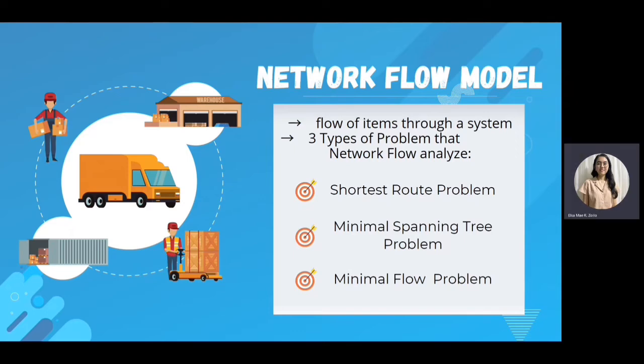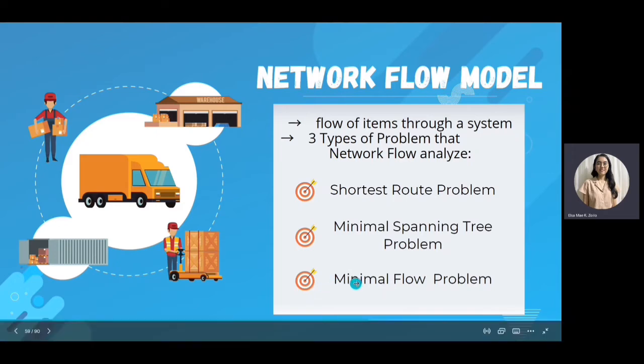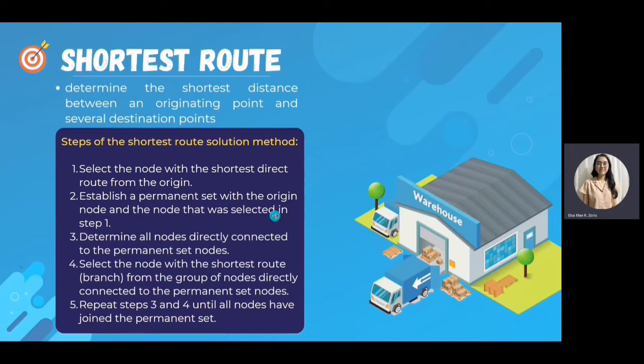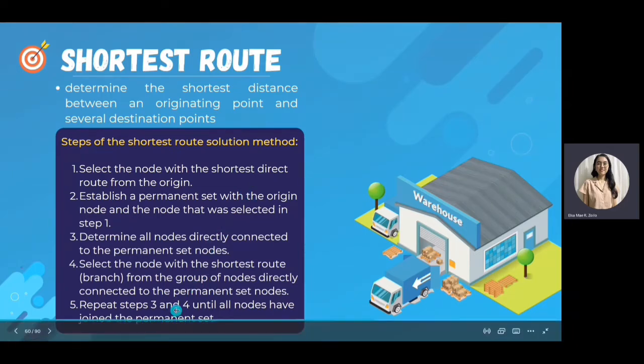Next is the last key point, which is the network flow model. It refers to the flow of items through a system, and there are three types of problems that network flow analyzes. We have first, shortest route, second, minimal spanning tree, and third, maximal flow. The shortest route aims to find the shortest distance from the origin to its destinations. We have 5 steps to derive the shortest route, as you can see on the current slide. We just need to select the shortest direct